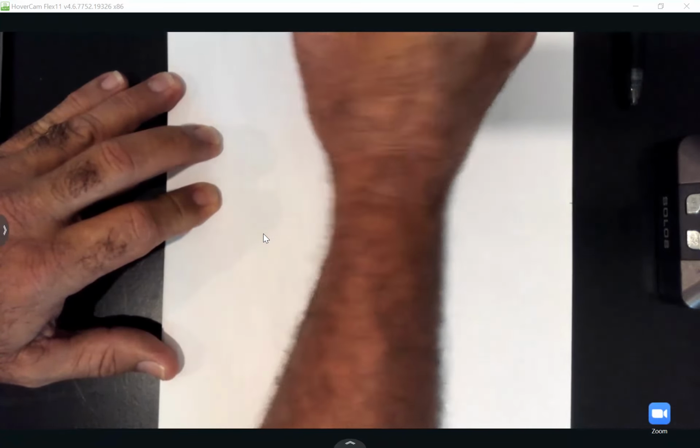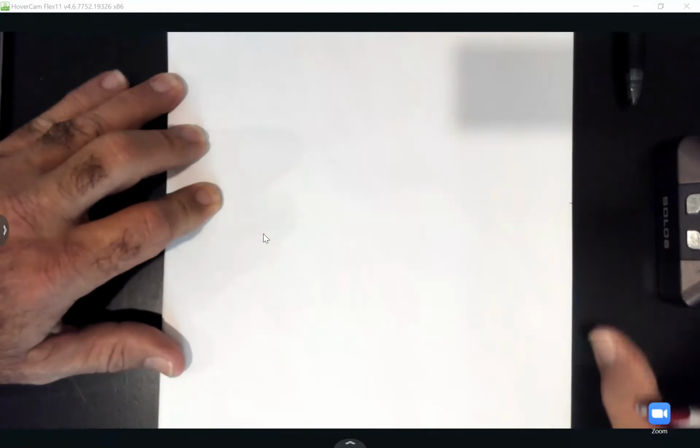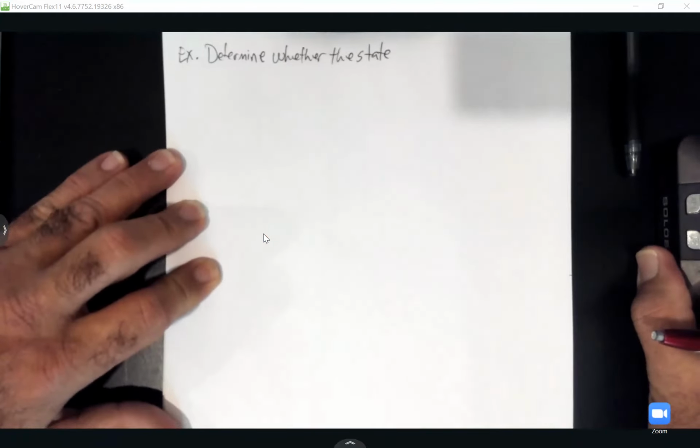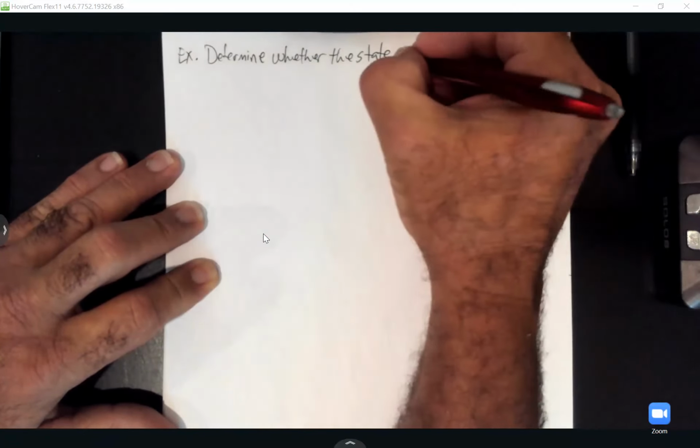Can you move your paper down a little bit? Oh, did I not move my camera back up? Okay. No, yeah, you're good. Thank you. All right, so we're going to determine whether the statement